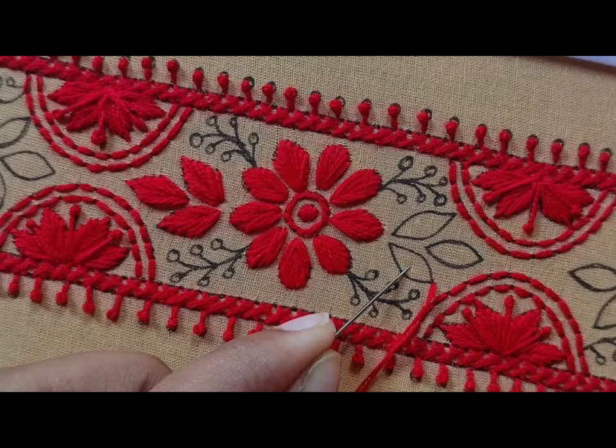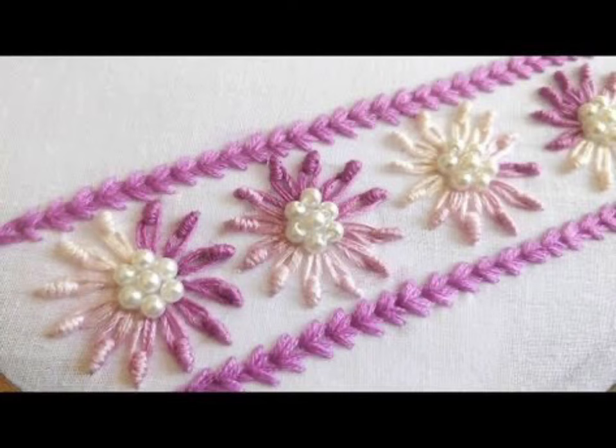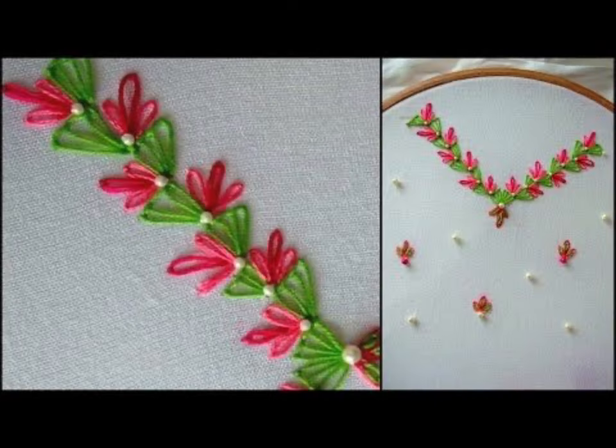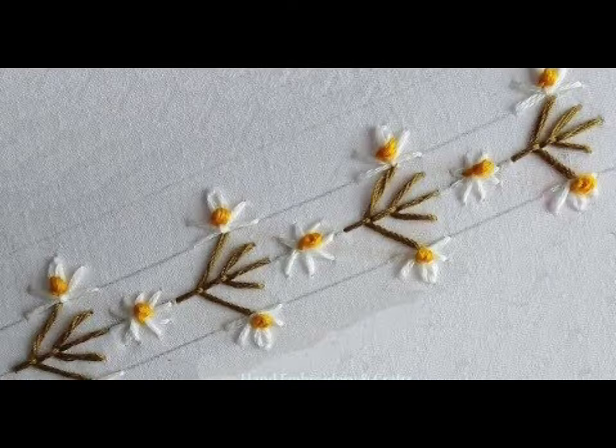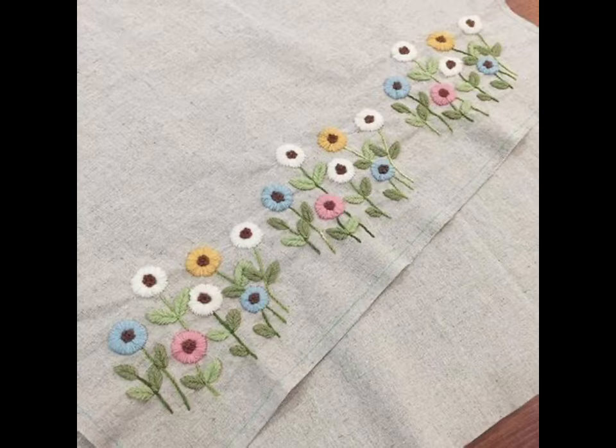So I recommend you to make these patterns onto your dresses, shirts, kurtis, and even you can design the dresses, frocks of your baby girls as well. These embroidery borders are suitable for every age group person. You can use them for designing your office outfits, for designing your everyday, usually formal, casual, winter and summer outfits. And the beauty of these patterns is that you can use these patterns for